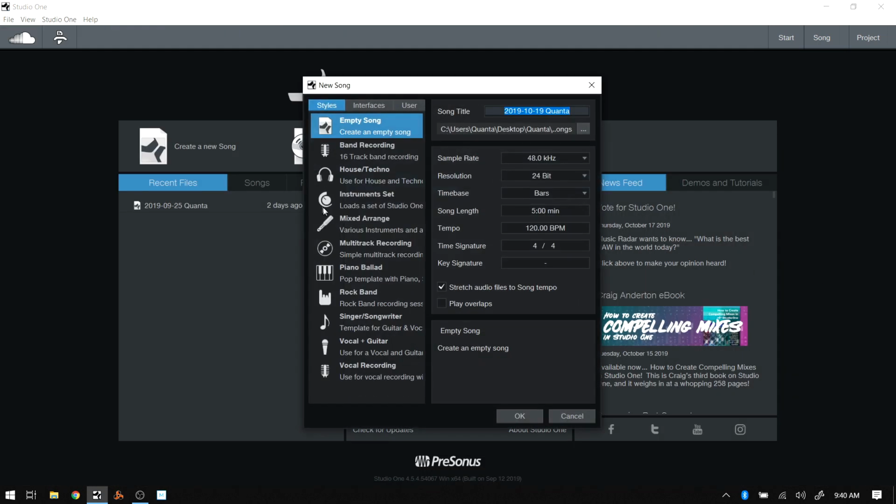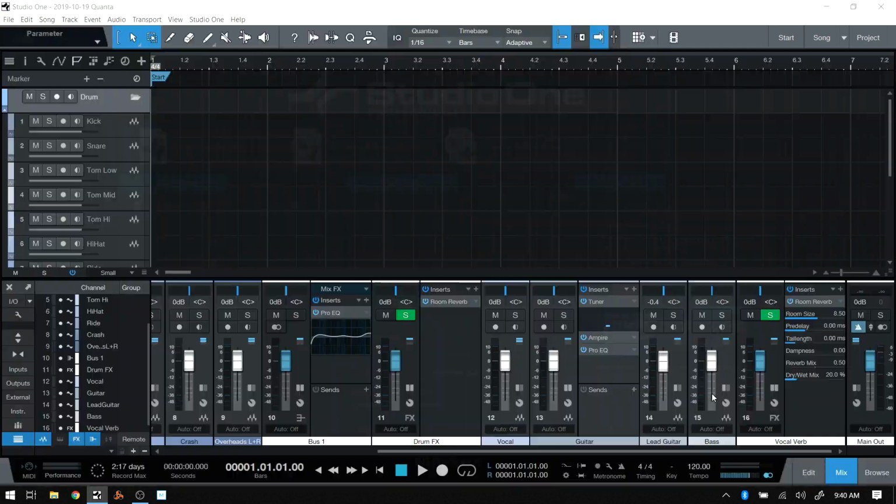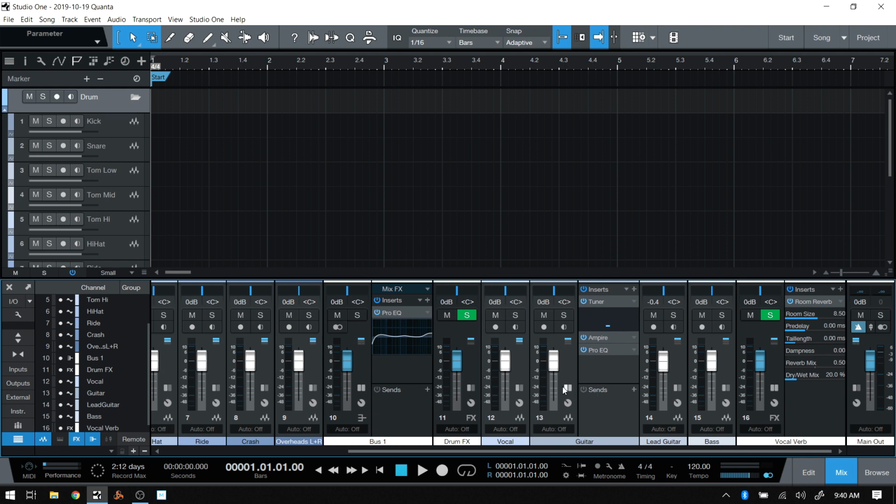Let's come back to create a new song and take a quick look at one more. What about the rock band here? Rock band recording session. I'll click OK. I forgot to change my sample rate, but you can see the mix console is open. There's a variety of different effects and dynamics that have been applied. Let's actually close some of these out,